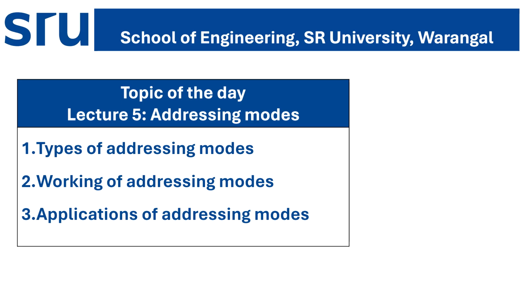First, we will learn about the different types of addressing modes, such as immediate addressing mode, register addressing mode, direct addressing mode, indirect addressing mode, index addressing mode. Each of these modes provides a different way to access data efficiently. Next, we will understand the working of addressing modes, where we will see how instructions like MOV A,